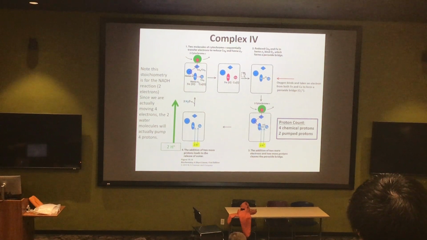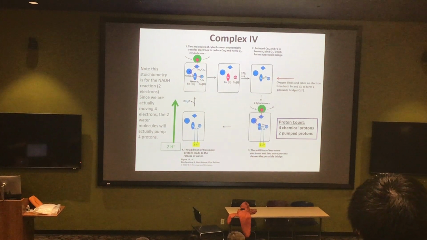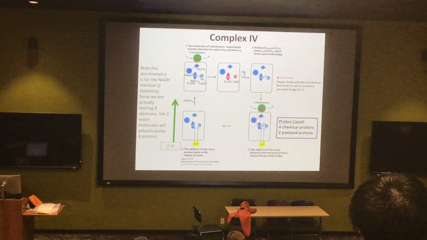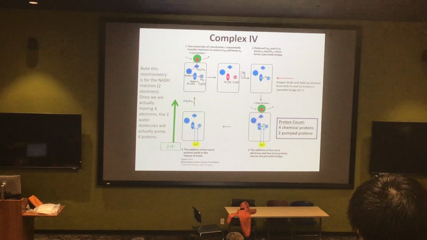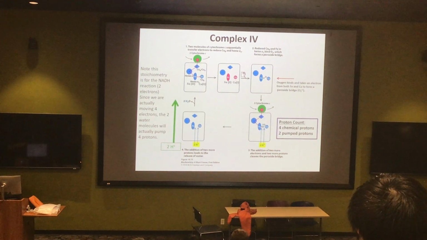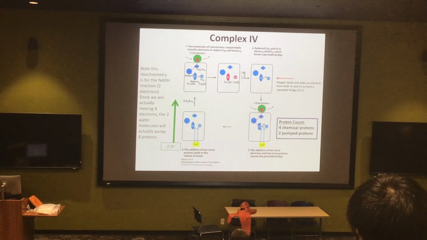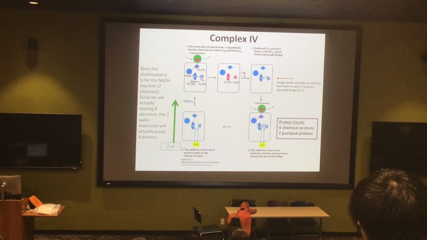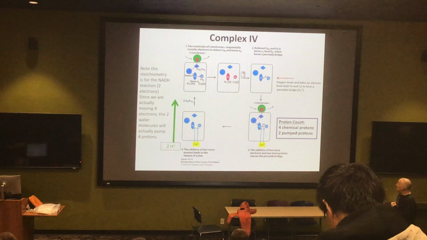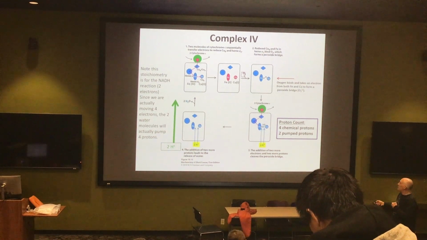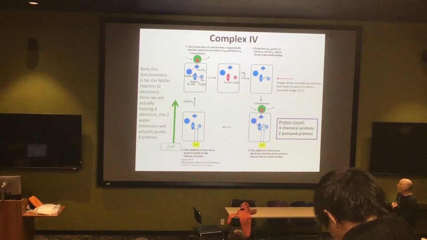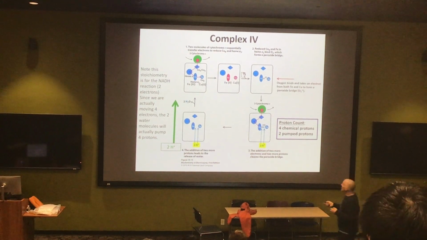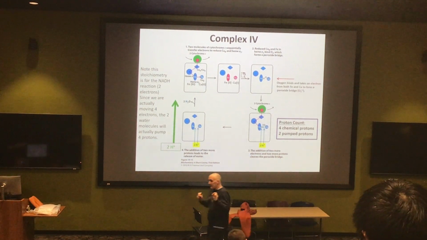Another 2 cytochromes are going to come in, along with a pair of chemical protons. These are different than the pump protons. Remember, chemical protons pick up on molecules. Pump protons move to the opposite side of the membrane, generate the peroxos, and with another 2 protons, we just generated a pair of water molecules. In this whole cycle, a total of 2 protons also get pumped. So we generated 2 water molecules, we pumped 2 protons, we've depleted a bunch of protons,